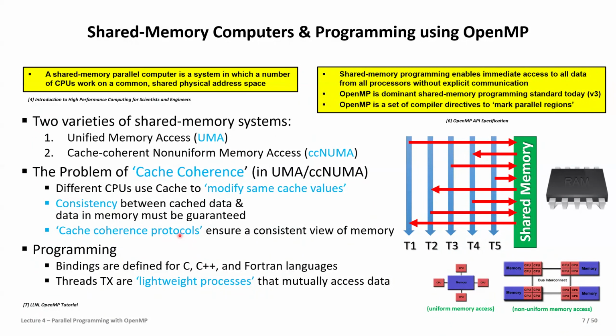In general, and this is now an important part, when you see here T1, T2, T3, I was alluding to this in earlier lectures as well, that we are not talking about processes here anymore, but rather lightweight processes that we are calling threads. And each of these threads, as the name suggests, has access to the shared memory address space that you see on the right-hand side to read and write variables and do something with them. And this is really the idea of shared memory, and OpenMP is now the dominant shared memory